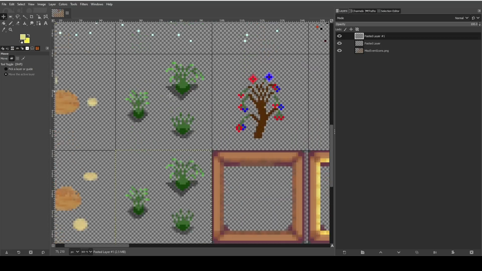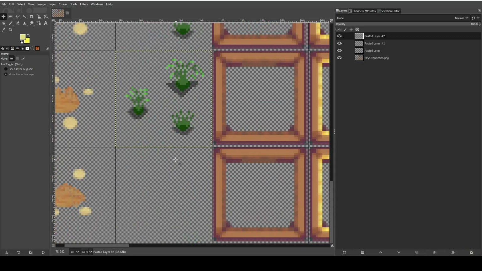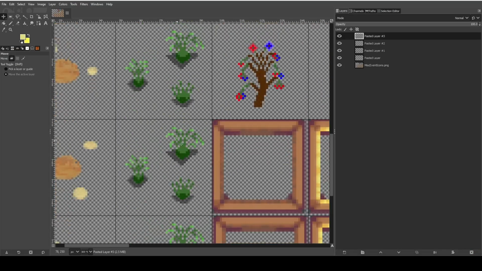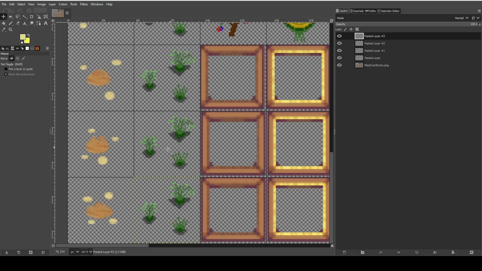So now we have a duplicate. I'm going to do that again. And I'm going to do that one more time, I think. Now we have 4 identical sheets, and this should make it easy to do the movements,